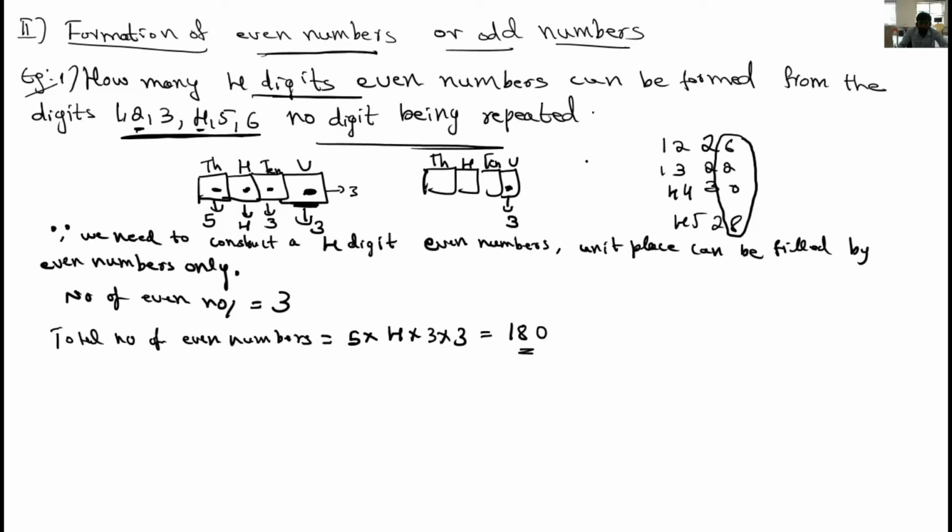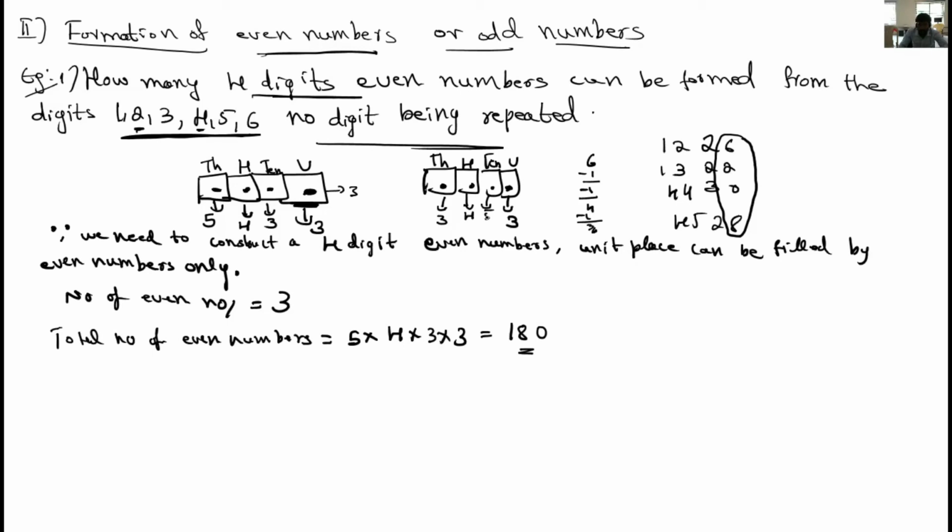Then see, total 6 numbers are given, you are taking one number. How many numbers are available? 5 numbers are available. But here also you are taking one number at a time, right? So 6 minus 1 is 5, 5 minus 1, 4 numbers are available. So in this place you can use any of 4 numbers. Then for thousands place, one more minus 1, then 3 numbers are remaining, right? So this number is chosen from the remaining 3 numbers. So 3 possibilities are there.